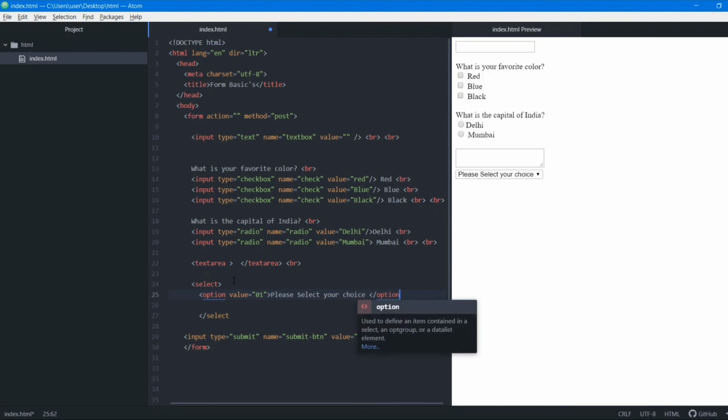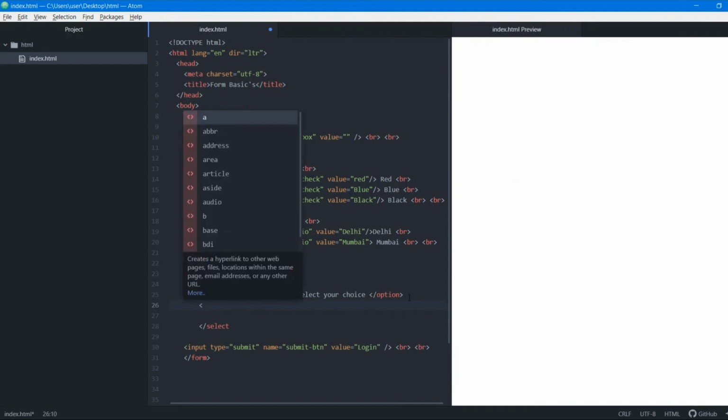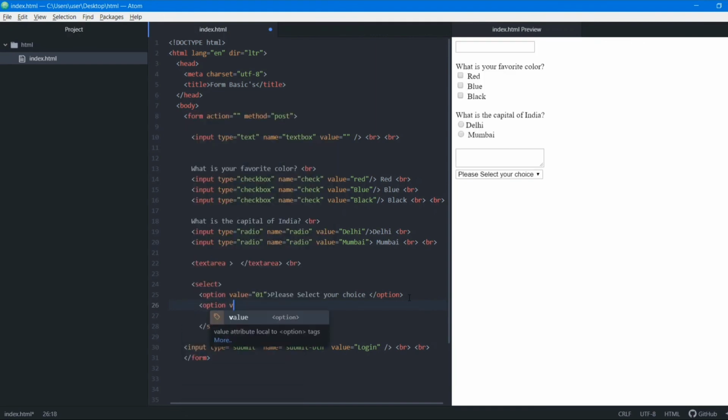Let me just close it off. Now you can see that it has appeared here: please select your choice. Now I'll create one more option, with value 02, and we'll call it option 1, and close off this option tag.